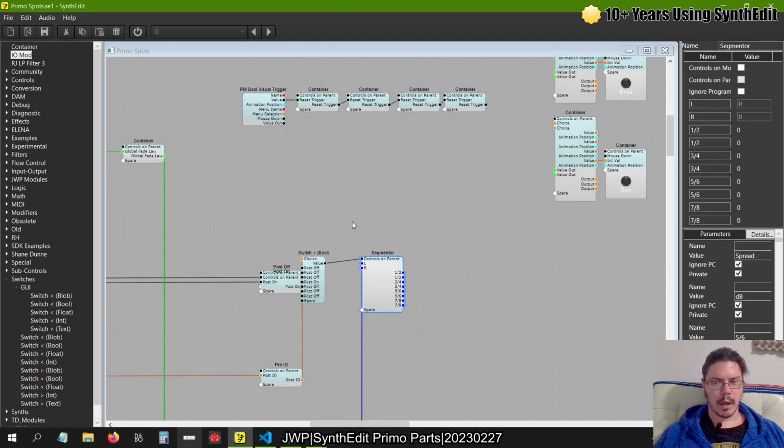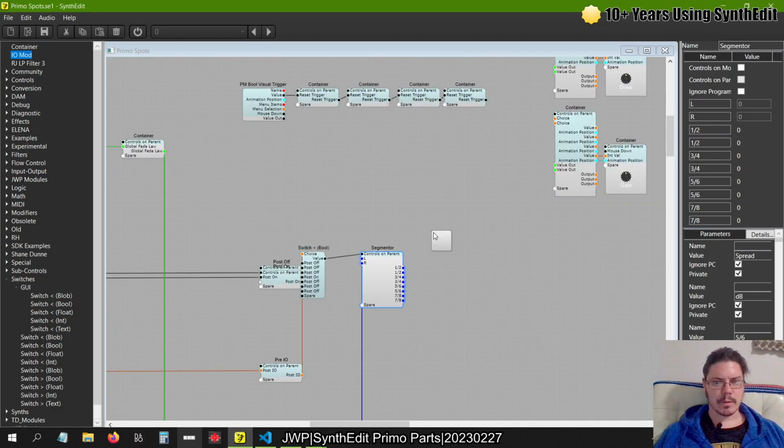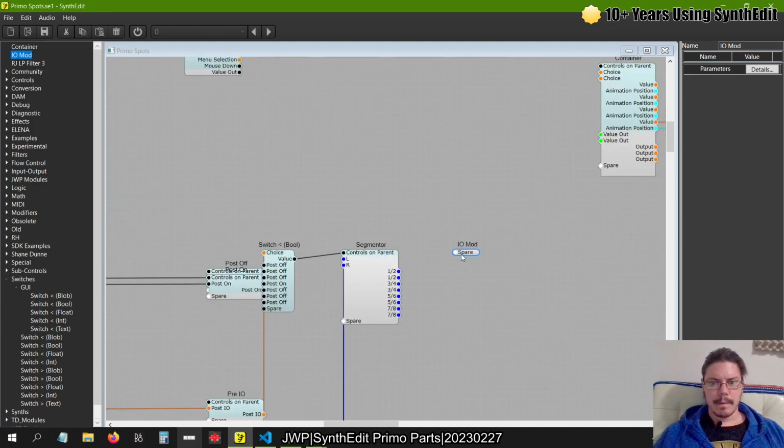And then we need an IO mod again. This is complete out. And this is the